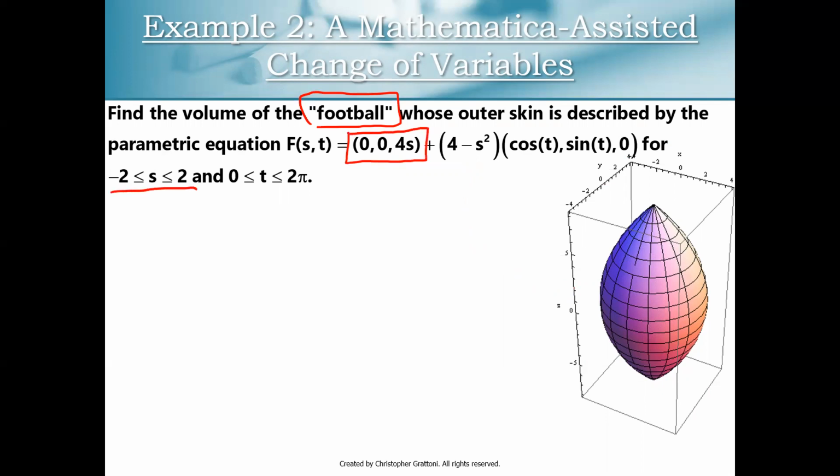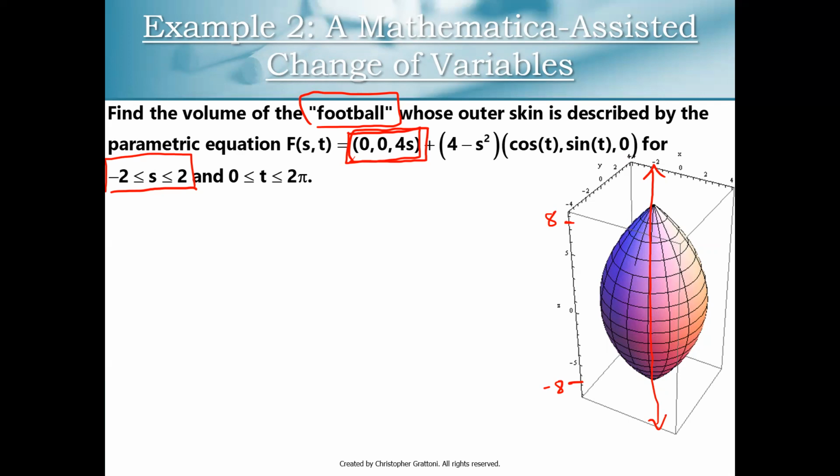varies from -2 to 2. That's kind of the central spine of our football. So you can imagine the z-axis piercing this football and centering all of our circular cross sections that make up this football shape. Now if we have 0, 0, 4s, where s varies from -2 to 2, if you plug in -2, you get -8, and if you plug in +2, you get +8. So you can see that this football shape goes from z equals -8 up to